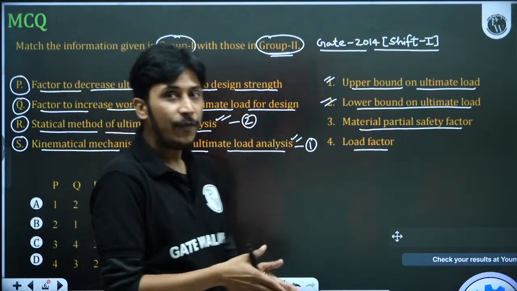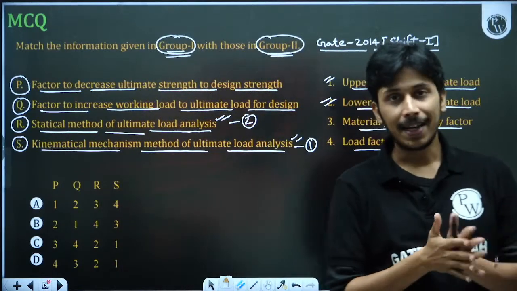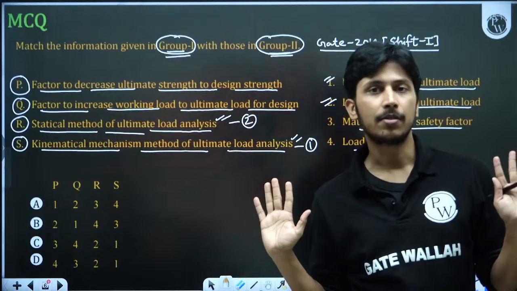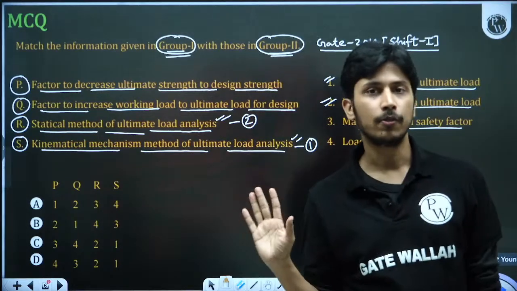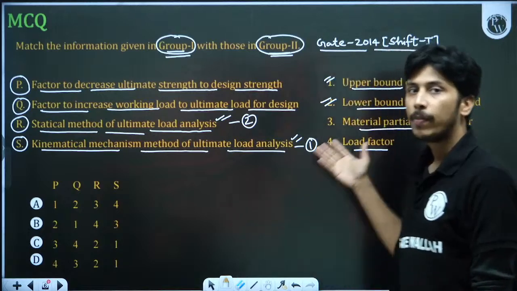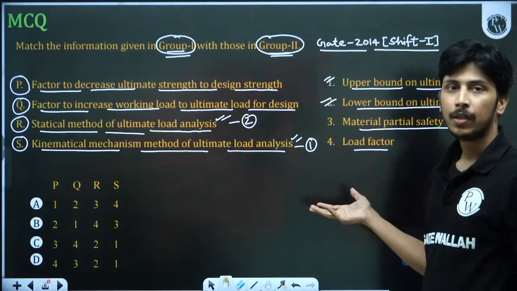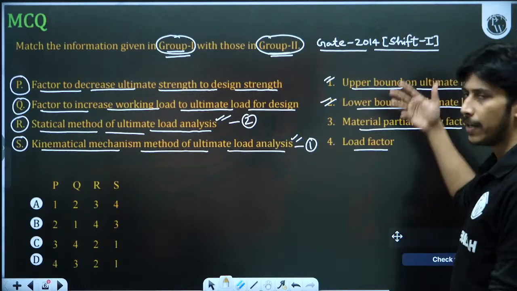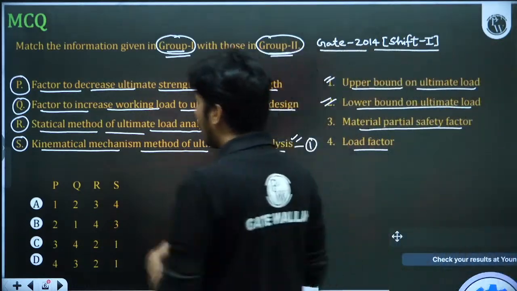So if anybody is asking statical method or kinematical method, which is correct, both are wrong. Both have errors, because true collapse nobody knows. So it is better to give the answer in lower bound mechanism, because that is more safe. But actually steel has its plastic moment capacity, that is why we are calculating in upper bound mechanism for steel.